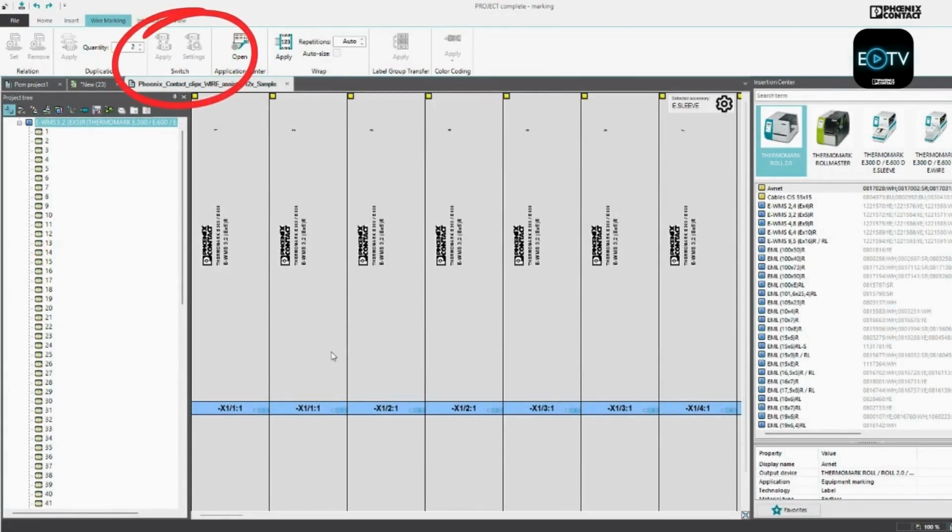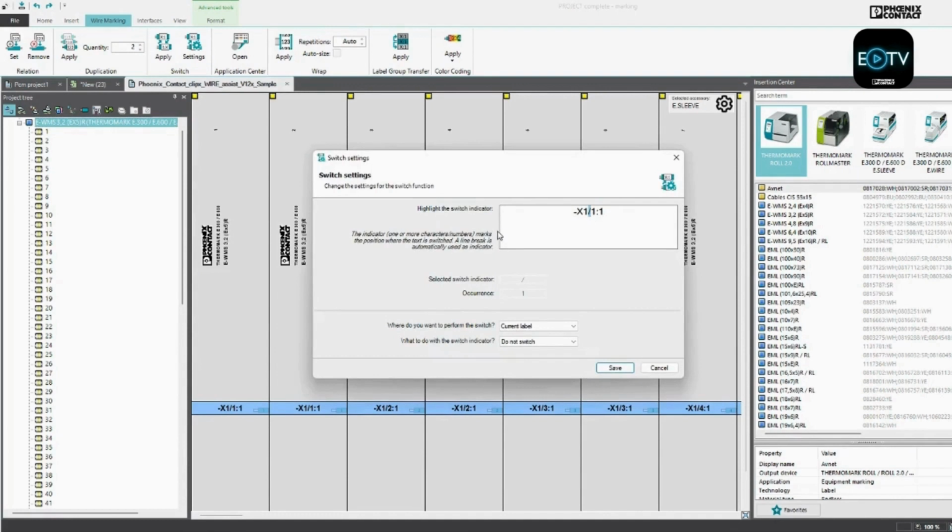Now let's look at the switch feature. What this allows you to do is to switch your information from source and target to target and source. So let's have a look at the settings to see how we do this. So the information on this marker we want to flip over. If we click on the settings, we can use the / as the switch indicator. In other words, we want the information to swap sides using the / as the hinge point, so to speak. So if we're happy with these settings, we click save.